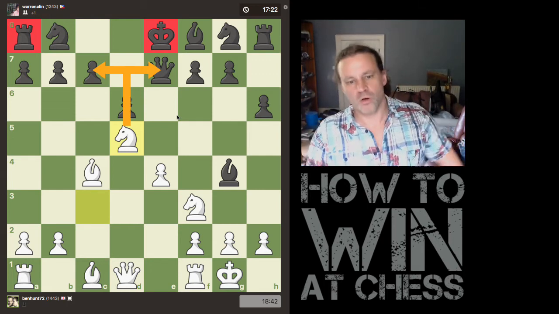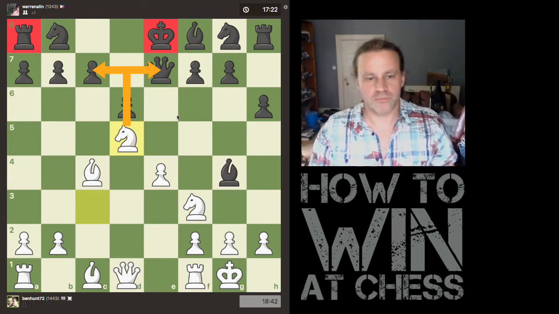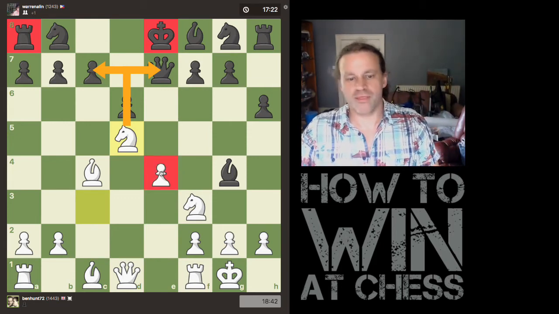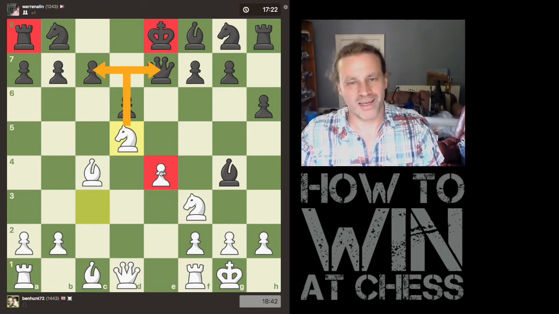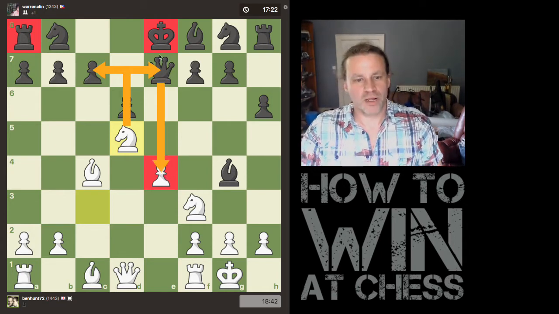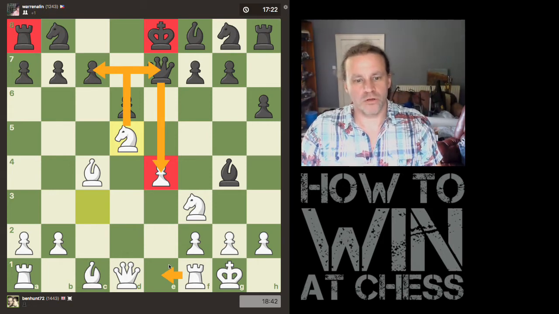Okay, so I've come in with an attack. Black has to do something about it. Also notice that my pawn on e4 is hanging. There is no piece defending that pawn. That is quite deliberate. Okay, that is a trap. It's a poisoned pawn. Okay, because if black's queen comes in and captures that pawn, rook to e1 wins the